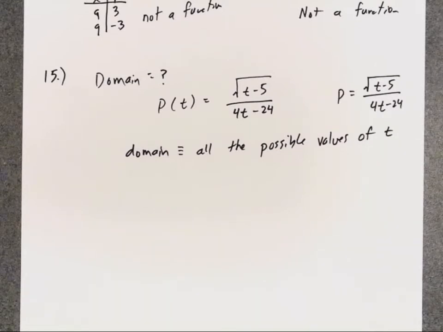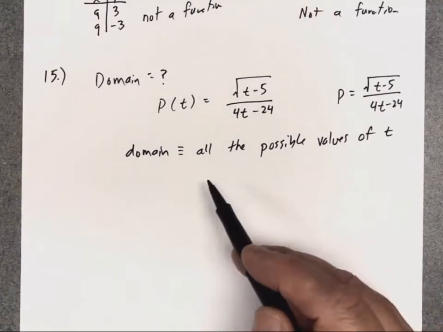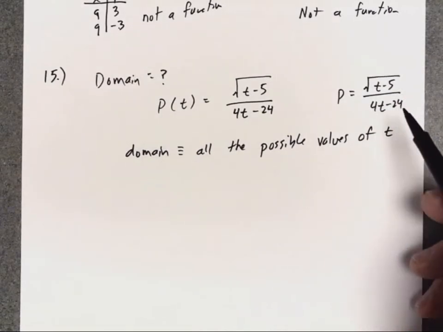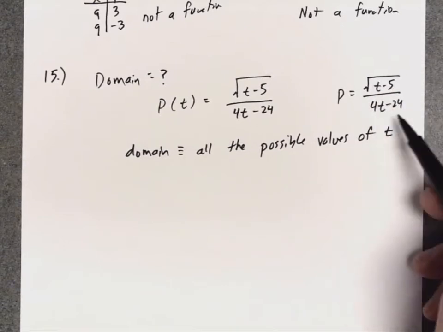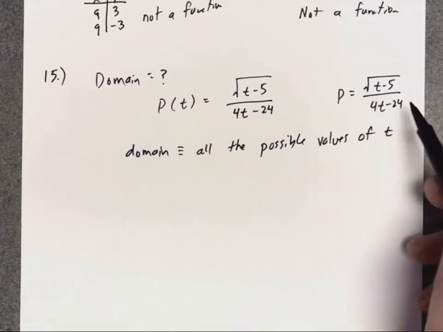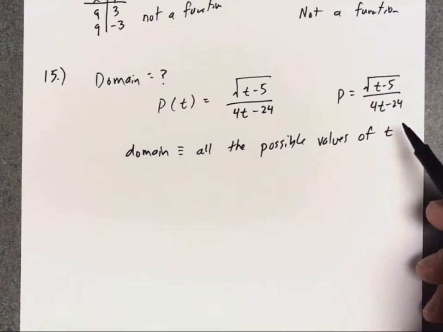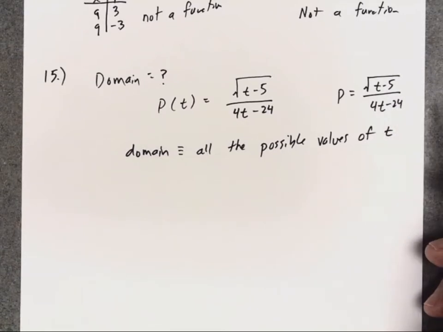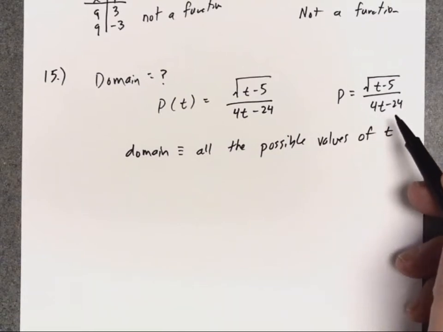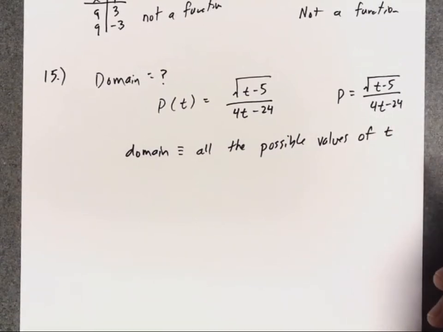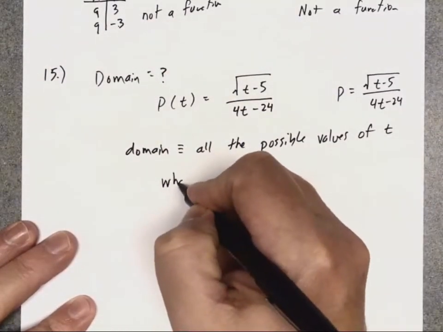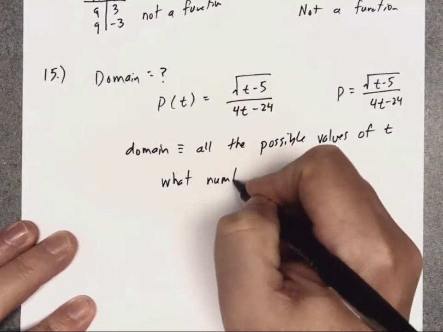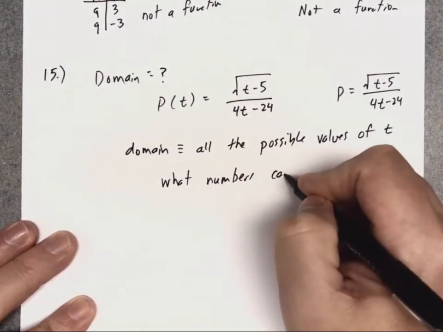Sometimes what's almost easier is to think of the opposite. Instead of thinking of what numbers, in other words, can I plug in 1 for T, and then if I do the math here, or can I plug in 10 for T, and if I do the math, is everything okay? Domain says, what numbers is it okay for T to be? An easier way to think about it is, let's think about this statement. What numbers can T